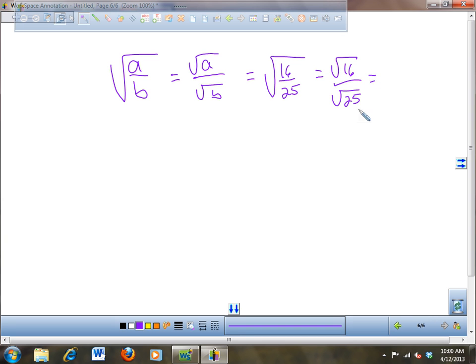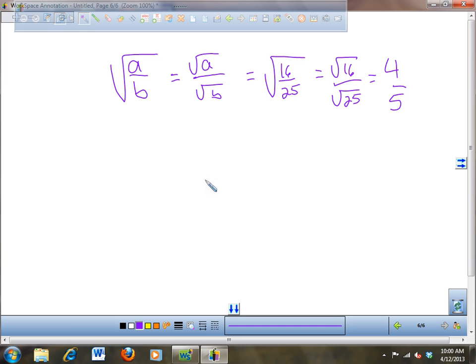What's the square root of 16? 4. What's the square root of 25? 5. Okay? Very good, Maureen. So 4 over 5. Or you don't even have to do this step. You could just take the square root of 16 over the square root of 25. But sometimes some of the things can come out of the square roots, and sometimes things can't come out of